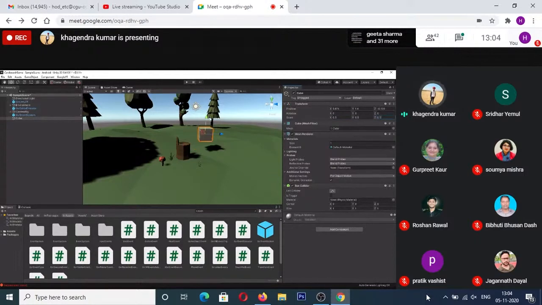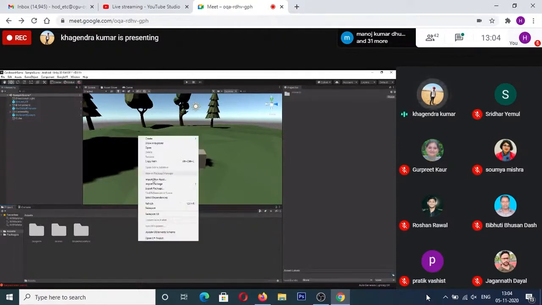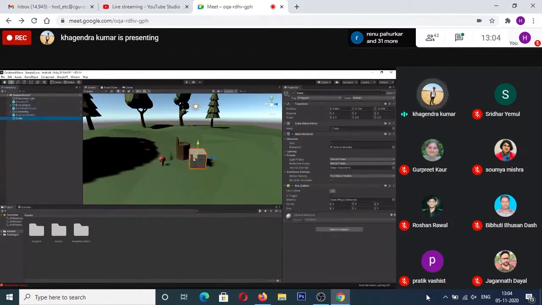So I'm gonna quickly make it small and sit somewhere in the scene. And after this, I'm just gonna cross this search. I'm gonna create a cube for now and place it into your scene properly. Done.